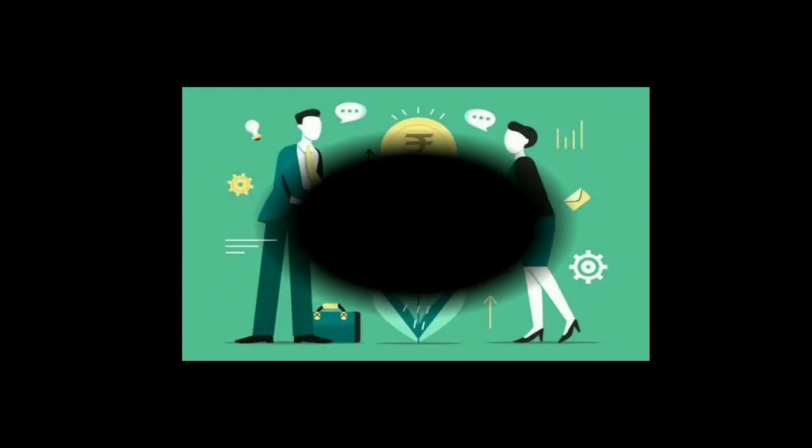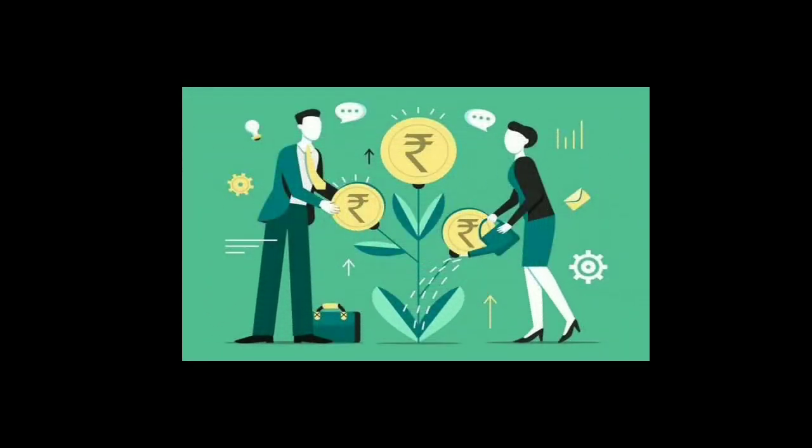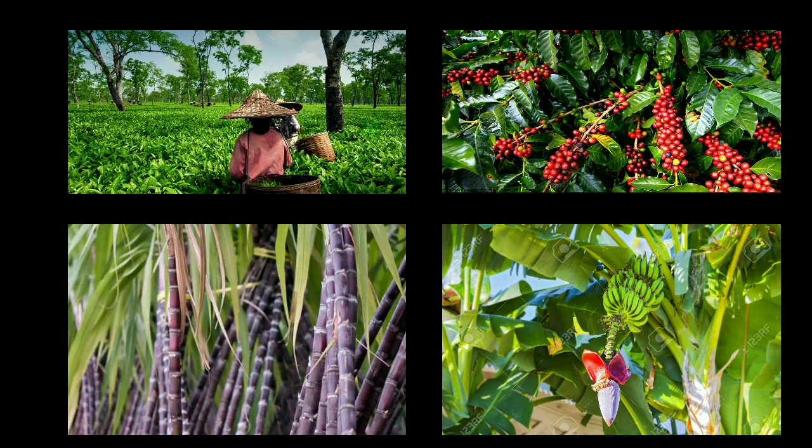They also invest a huge amount of money in this kind of plantation, and they grow single crops like tea, coffee, sugarcane, and bananas. You can see in the picture: the first picture is tea cultivation, the second is coffee plantation, the third is sugarcane, and the last one is banana cultivation. And also cotton